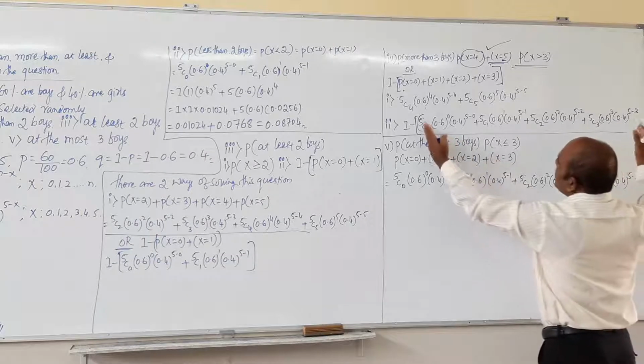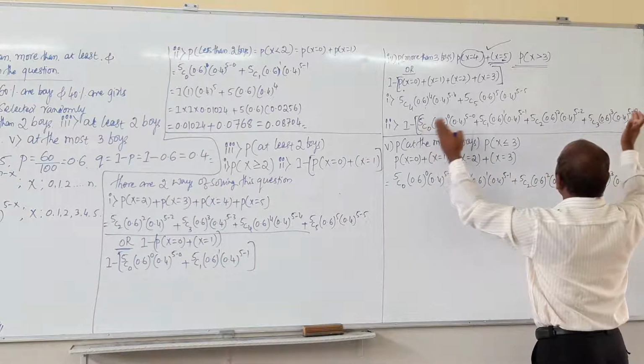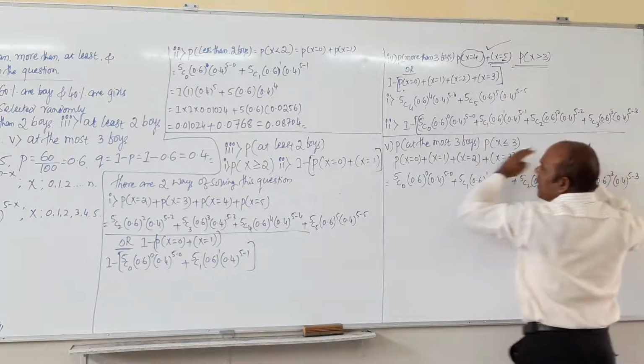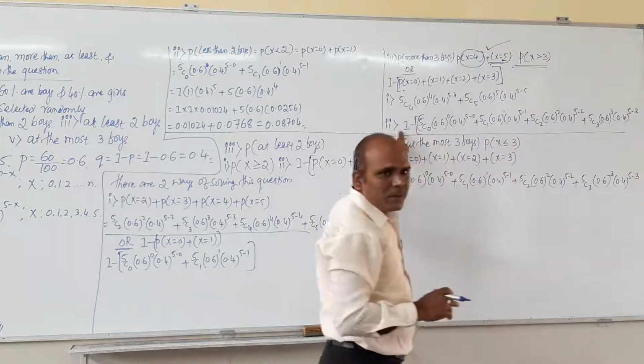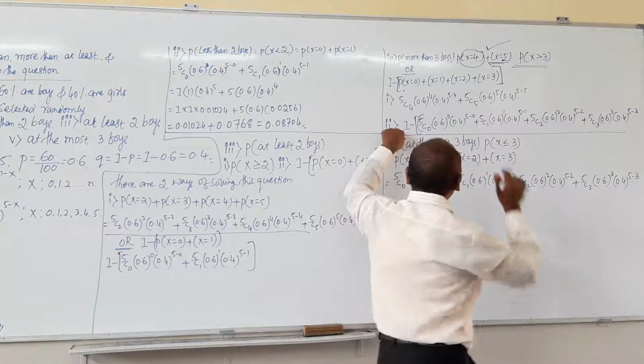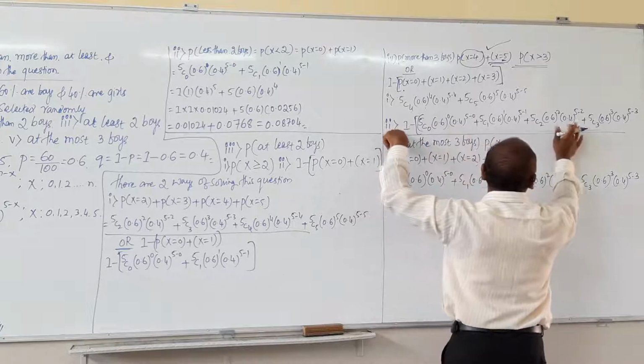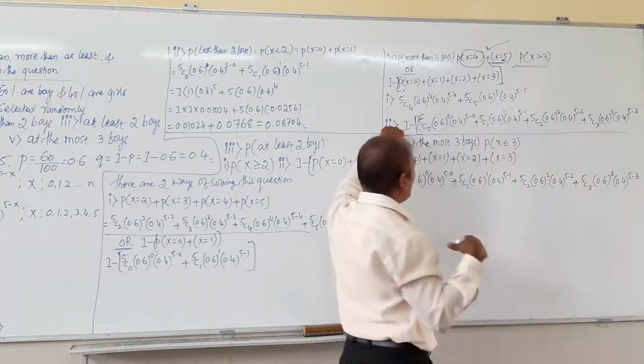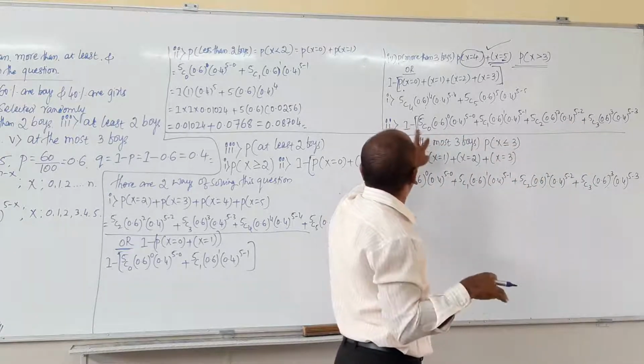After simplifying this, whatever result you got, only then you have to do 1 minus that. First you have to calculate this one, after that whatever answer you get, then only 1